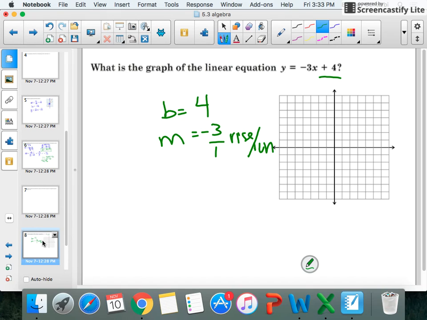So when we go to plot the point, we're first going to start at our y-intercept. So on the y-axis, we're going to go up 4. So 1, 2, 3, 4. It's a +4, so that's our y-intercept. And then we're going to do rise over run. So it's going to be